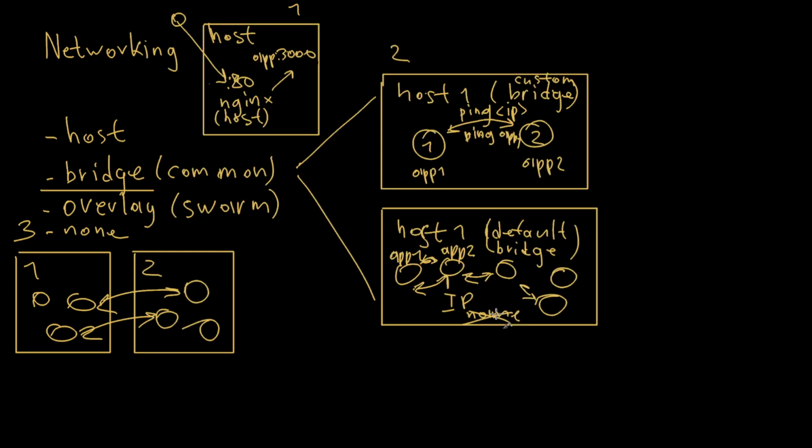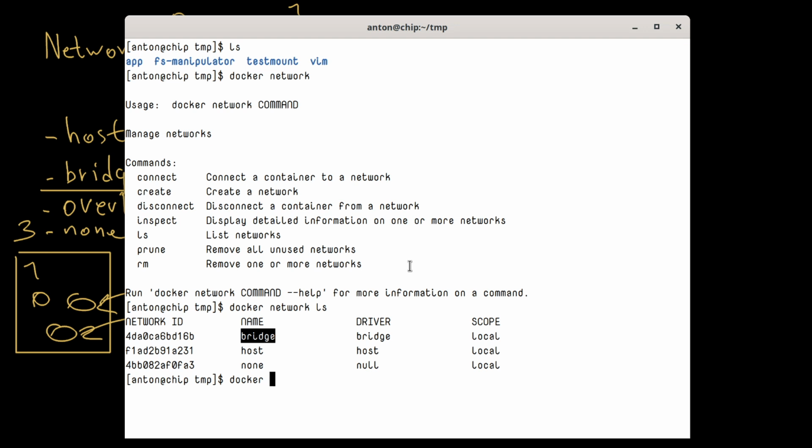As app containers, I'll use the Alpine image. What is the Alpine image? This is a very lightweight image. It doesn't take a lot of time to download from Docker Hub,